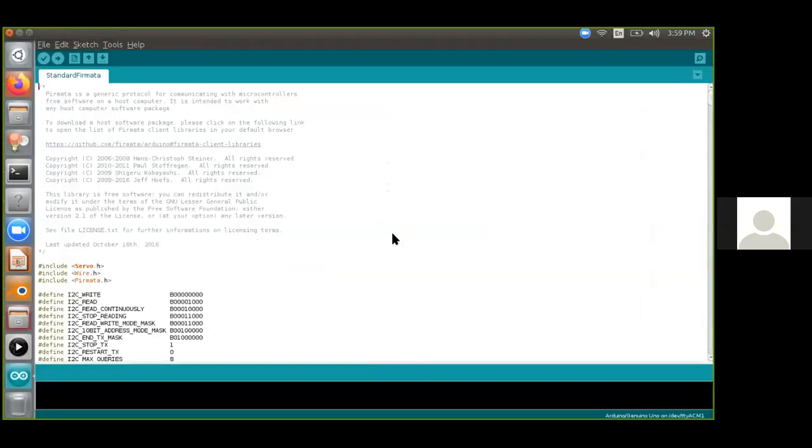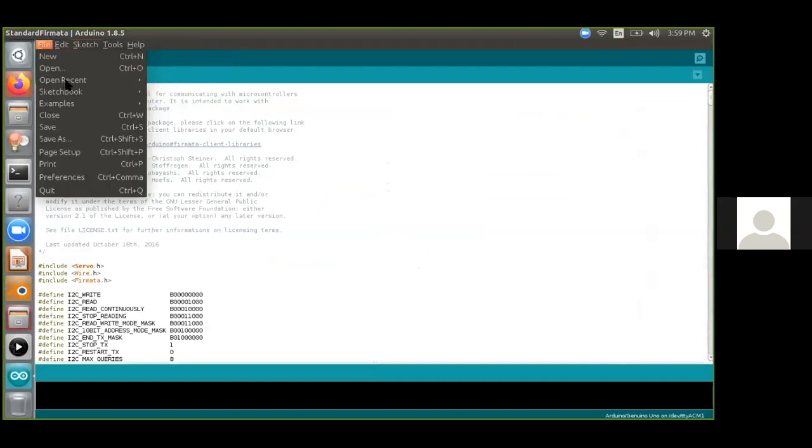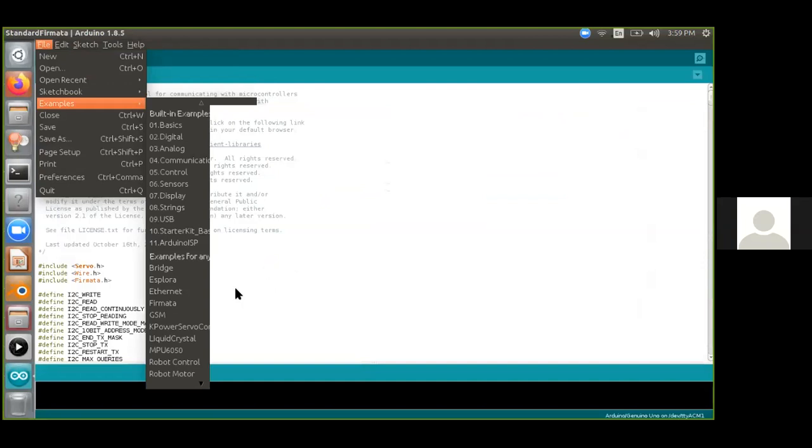Go to Arduino, and then go to examples, Firmata, and standard Firmata. Please note it down: Arduino, examples, Firmata, and standard Firmata.